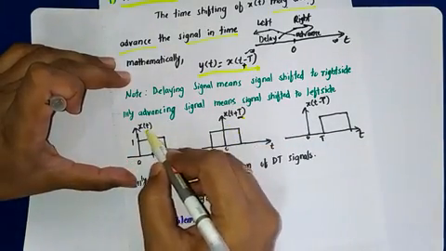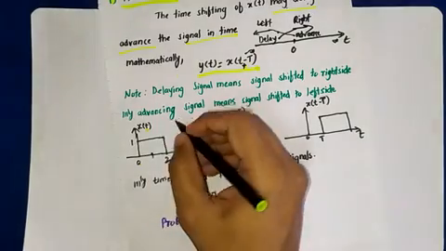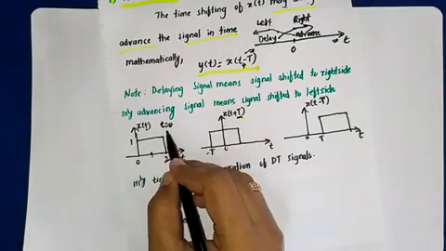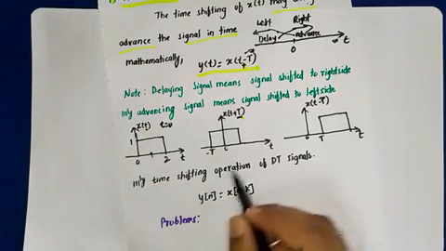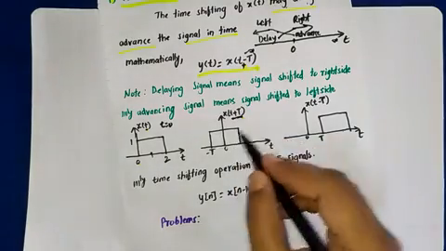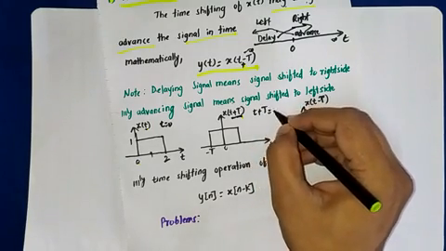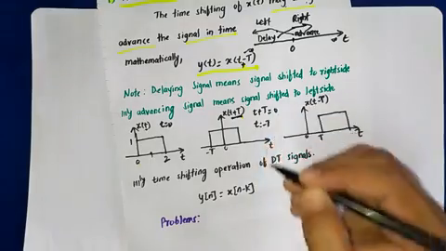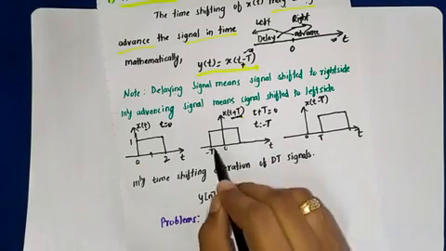Just whatever the t value is there, put t is equal to 0 there. Okay, so t is equal to 0 in this, make t is equal to 0, whatever it is there in this bracket, make it 0. So it starts at 0th location, right, origin. This is 1. Similarly, what you are supposed to do, make sure that t plus t is equal to 0. So t plus t is the small amount of shift that I want to do, it is equal to 0. So what will happen, t will become minus t. So this will tell you what will be the starting point of the shifted signal.